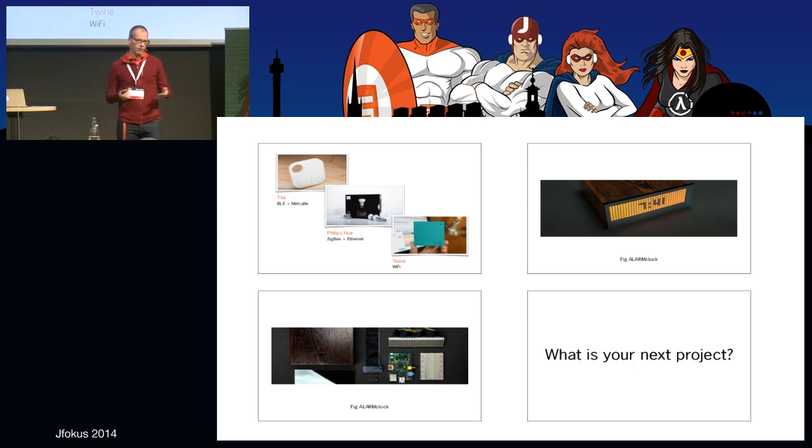The second one here is Philips Hue. It's a replacement lighting system for your home. So these are LED bulbs, which are connected. So you replace the ones you have at home and you use these instead. And if you switch them on, they will create a radio mesh network using a technology called Zigbee with each other and with the little disc over here called the bridge. The bridge you connect to your Ethernet network. So you power this thing on and you download the application. Now you can control your lights at home using your smartphone. And you can also control them if you're on the other side of the earth.